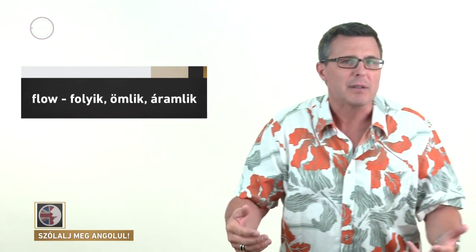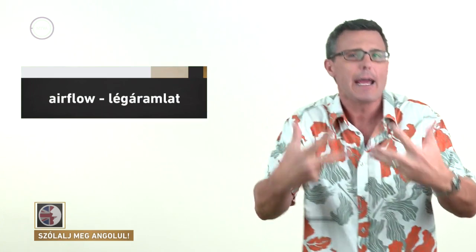When we use flow as a verb, we're talking about movement. Think about a river, for example. Water flows in a river. Rivers flow to the sea. All that means is that the water in the river moves steadily to the sea. Now, we use the verb to flow with water, but we can also use it with other things and also as a noun. We often talk about an electricity flow or an air flow. We can talk about traffic flow, about how traffic is moving.